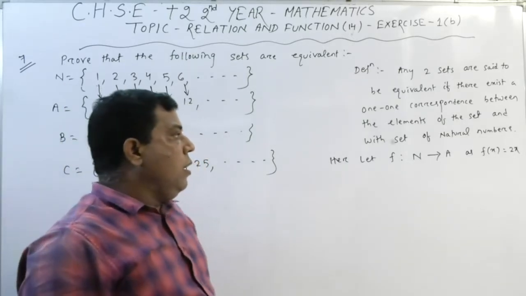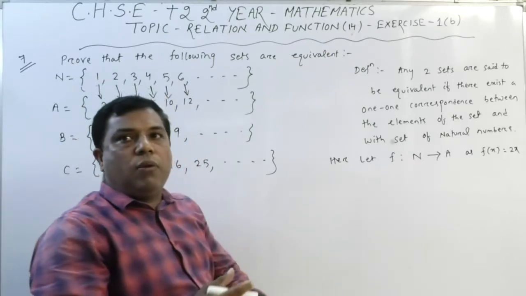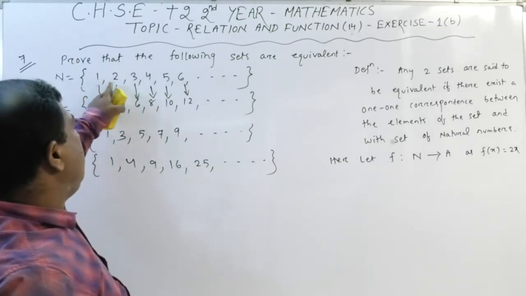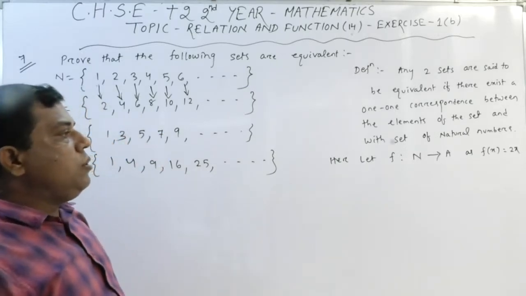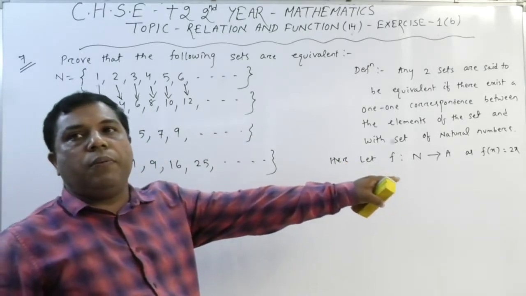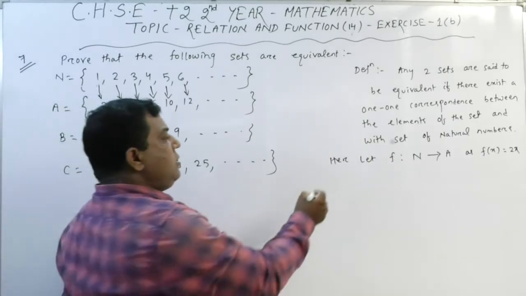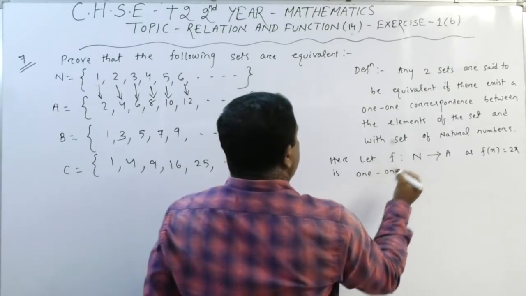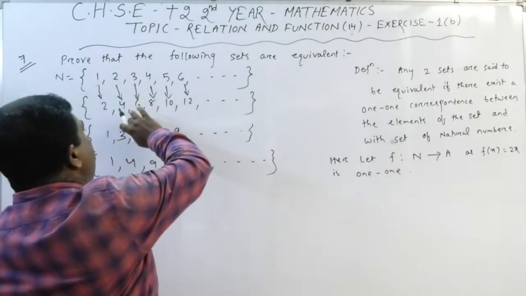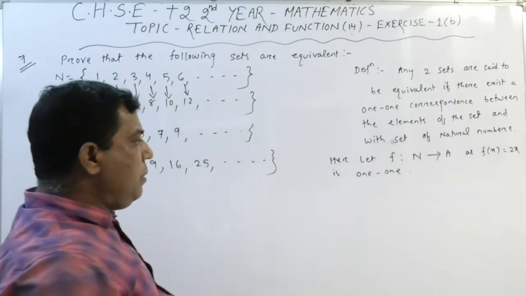So we can say it is a 1-1 correspondence. If the elements are different, the values are different. Yes or no? So here f from N to A, f of x equals 2x, is 1-1. Therefore N is equivalent with the set A. Similarly